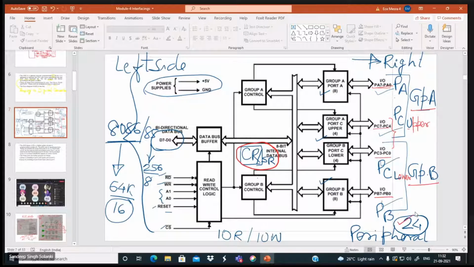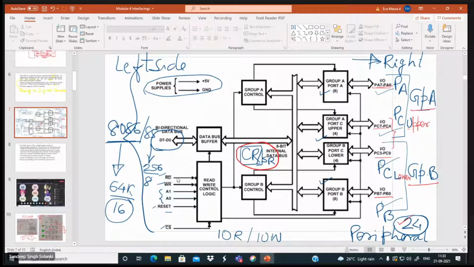That is 24 pins. Now coming to this side, here we have 8-bit, because this is for data transferring. So 24 plus 8 is 32. Then 2 address lines, A0 and A1, so it is now 34.